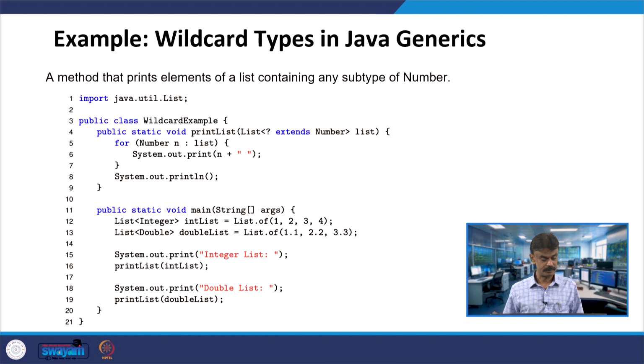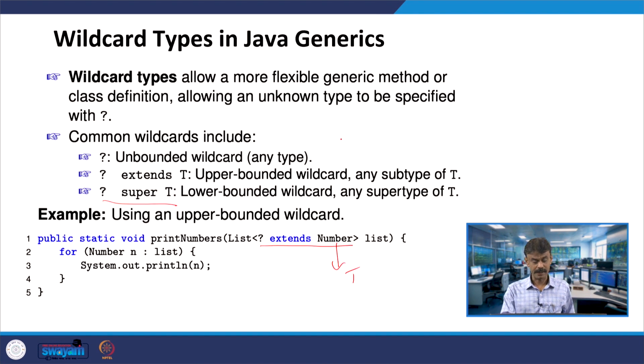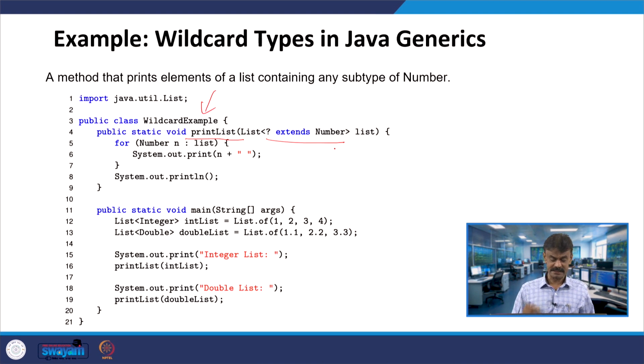Let us see this particular example, using the same syntax. You have a public class WildcardExample. Here you have a void printList method, with question mark extends Number, which means an upper bound wildcard, any subtype of T, where T is Number. Then your list, let us say the name of the array, for Number n in list.